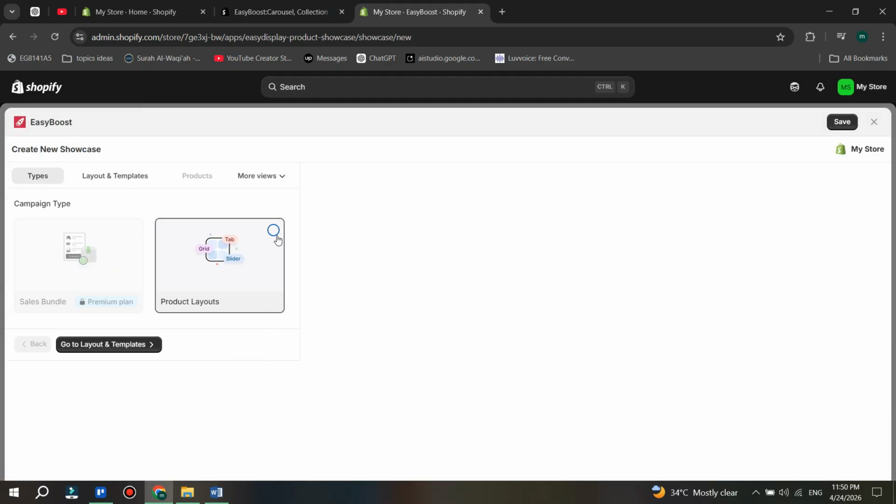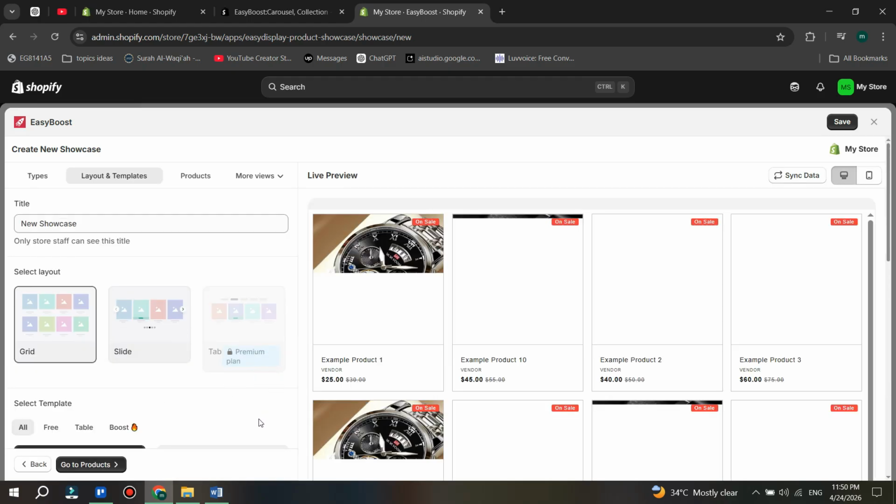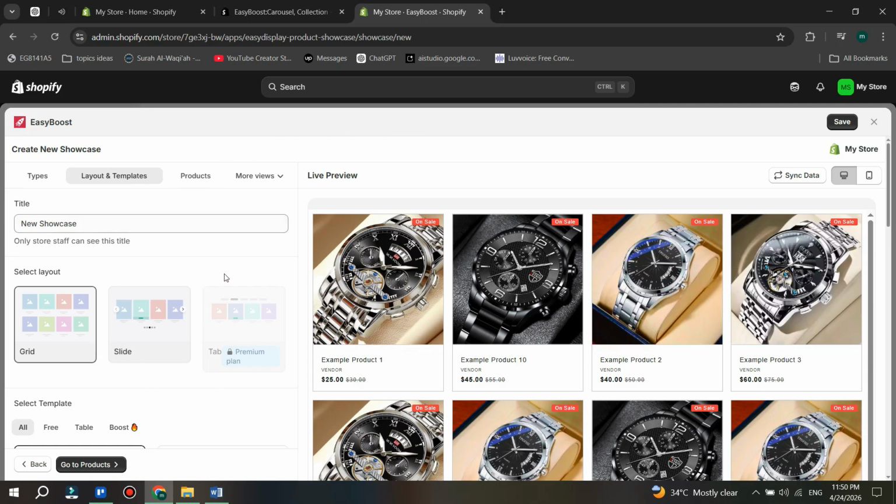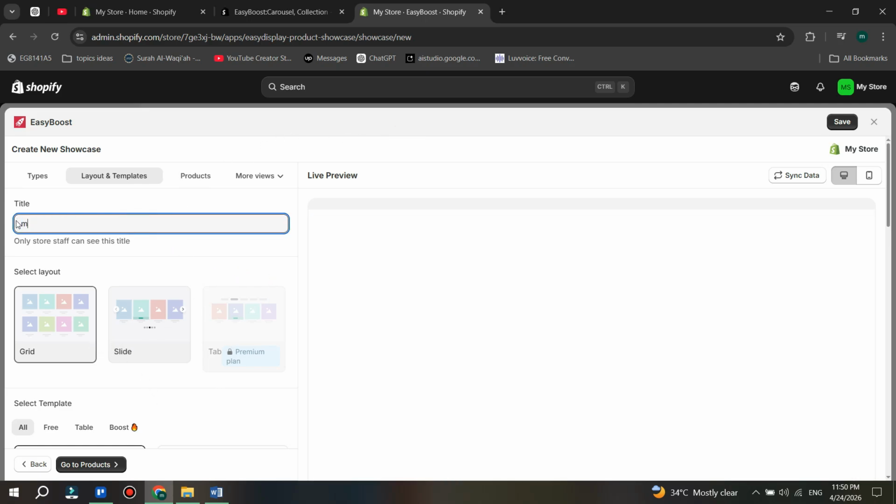Now, choose a layout, either grid or slider, and for this tutorial, we'll go with the slider layout. Then move to the next step. After that, enter a title for your showcase and continue to the Templates section,